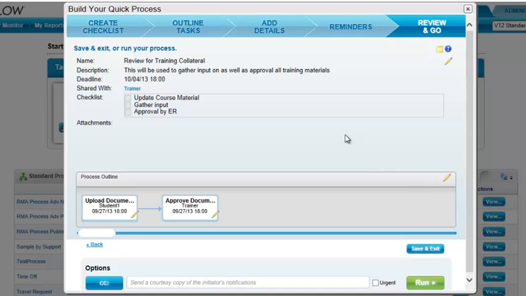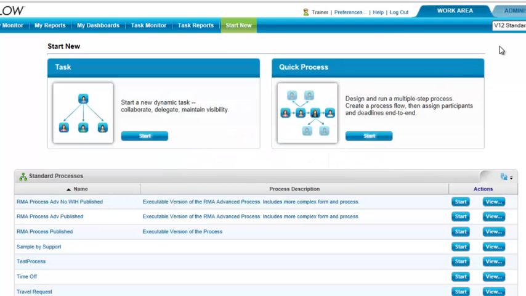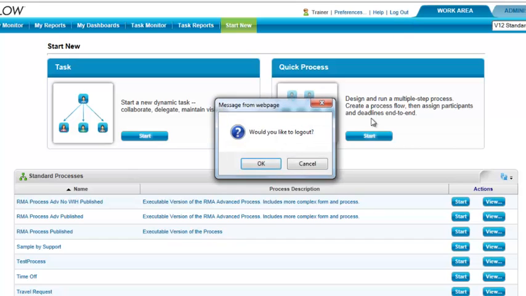So now that I've set up my quick process, which obviously you can see was very quick to do, I can CC someone if I want to have a courtesy copy go to someone, and now I can just run the process. So I'm going to just run this process. It tells me it's been initiated successfully. And now if I log out as the trainer and I log back in as student 1,